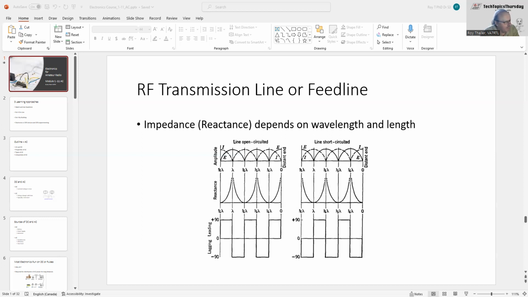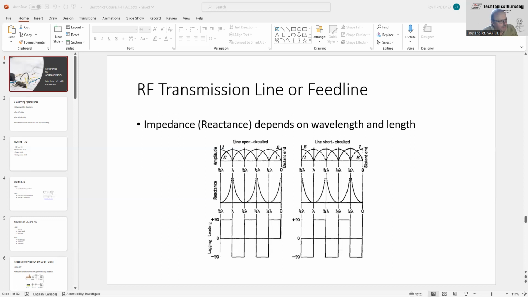It could either look like being open, or it could look like being a short. And then if your line happens to be shorted out or low impedance because of the antenna, it can have the opposite effect. And it can appear like an open line or a shorter line at these various parts of the wavelengths. So if you're having problems with your antenna, try a longer antenna or a shorter antenna,